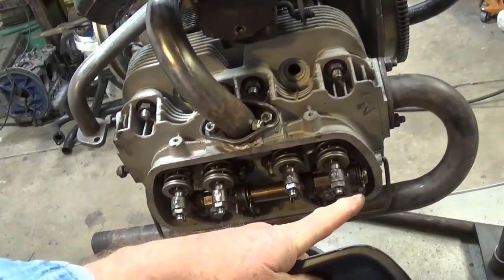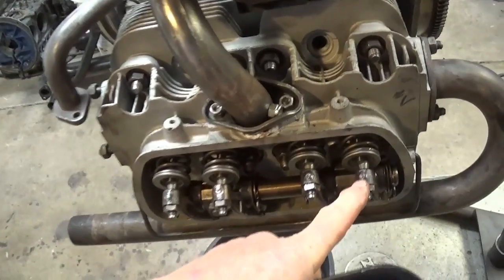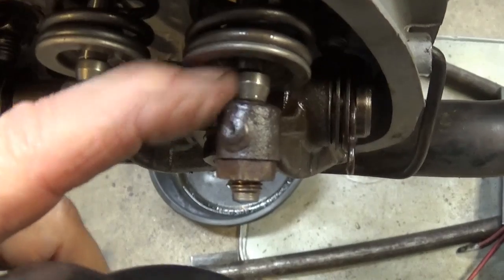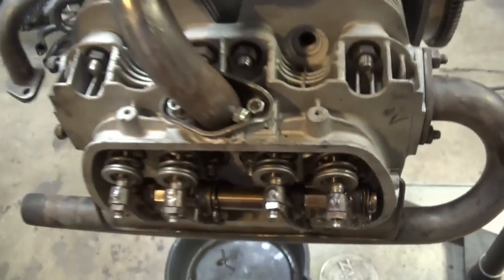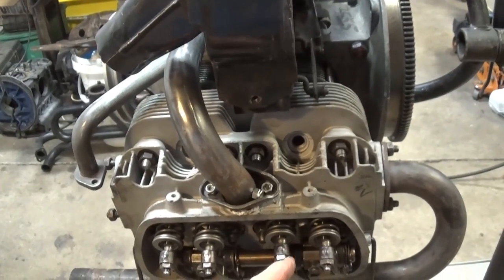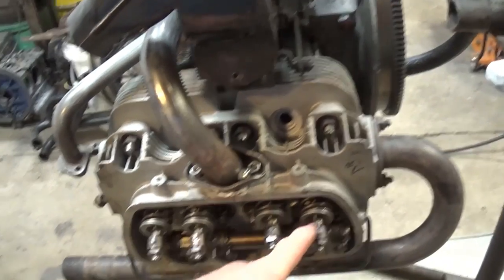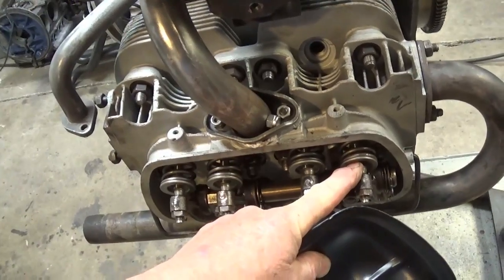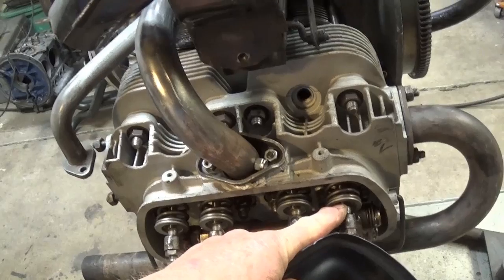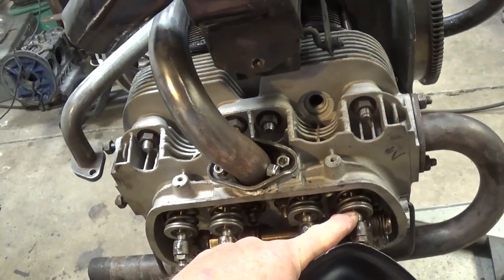I'm going to run a stock rocker shaft. Although if you look closely here, you'll see that I have these swivel feet adjusters on it. Now, they are slightly off center, which I don't really think is going to turn the valve. They used to keep the lifters, the keepers inside the valve retainers, they used to make contact so that the